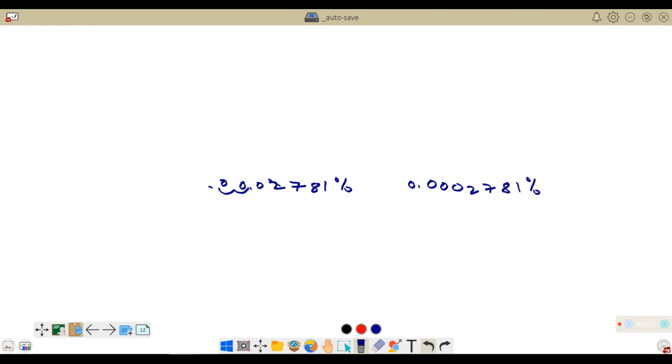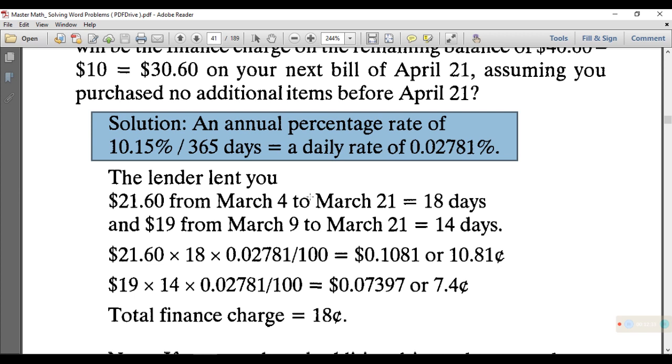0.0002781%. Okay? Next, 19 from March 4 to March 21, that is for 14 days. So, 19 times 14 times 0.02781 divided by 100 ulit. Or equal siya sa 0.07397 cents. So, your total finance charge is the sum of 10.81 cents or 0.1081 at saka